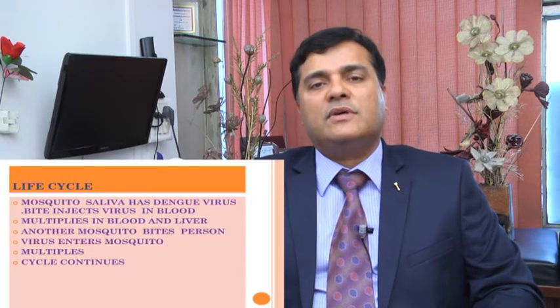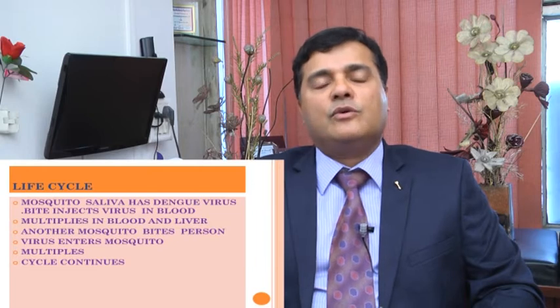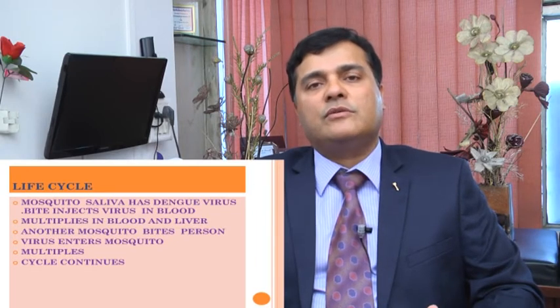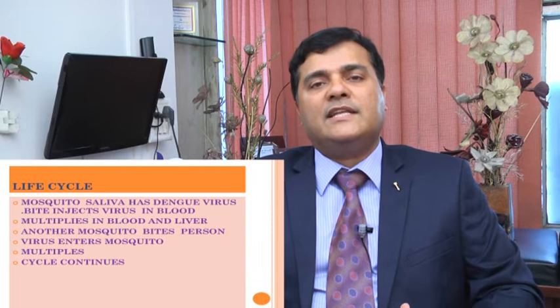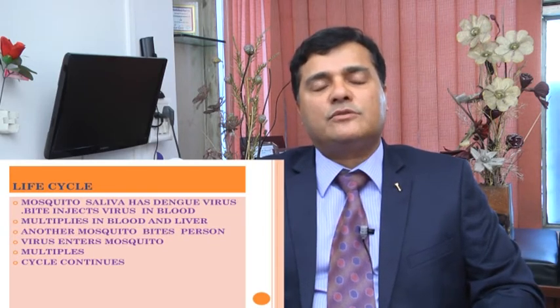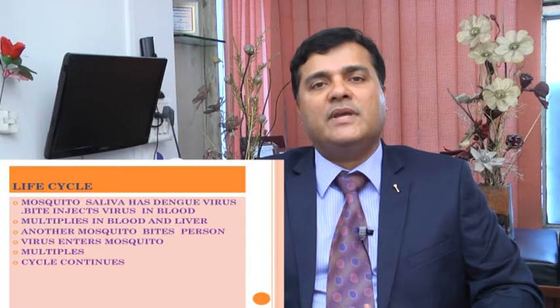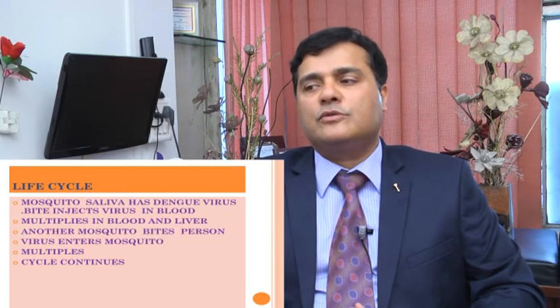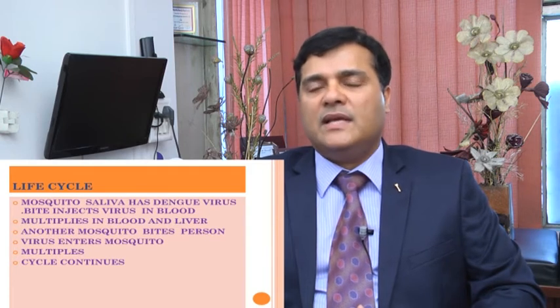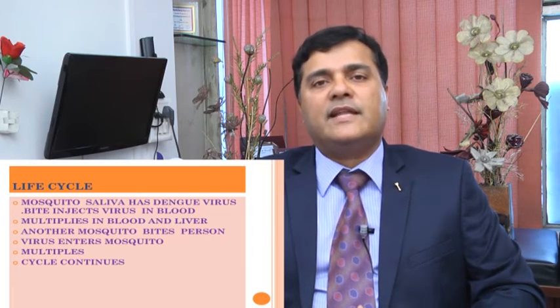In the life cycle of the dengue virus, there are 2 hosts. One is the mosquito, the other is man. When the infected mosquito bites a person, it injects saliva under the skin, and in that saliva the dengue virus enters the human body. As soon as it enters, it spreads throughout the body in the blood, enters the liver, the bone marrow, etc., and also remains in the bloodstream, and it multiplies rapidly. That rapid multiplication leads to the onset of clinical symptoms, and that results in dengue.